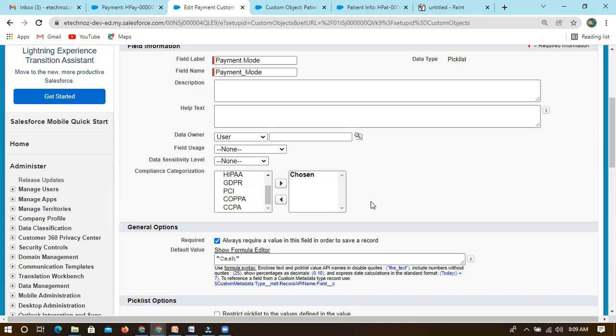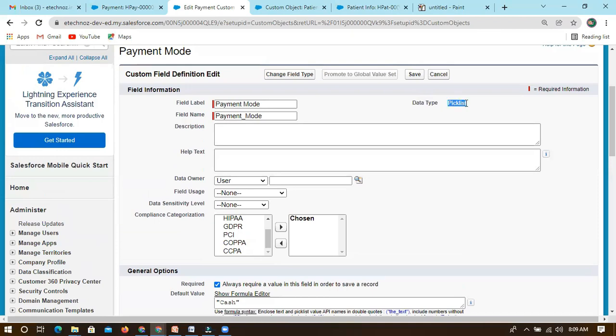Okay. We can save it and we can modify it also. That will only happen for the master detail, but for the rest of the fields, you can modify the data, if it is not a formula type, if it is just a pick list value. We can modify it at any time, but it is mandatory while saving it.